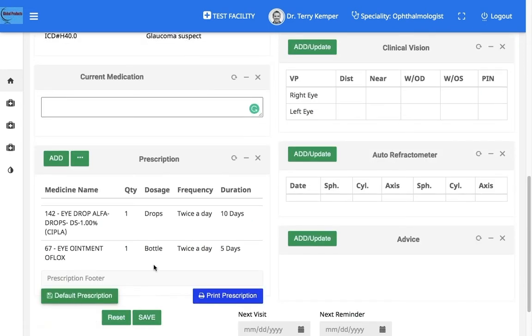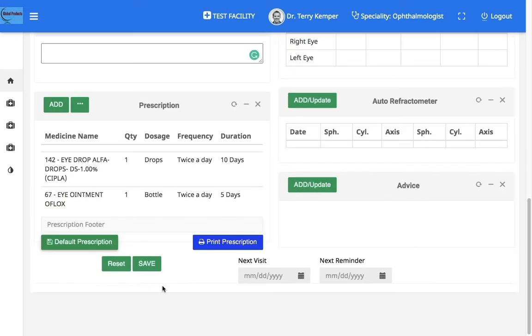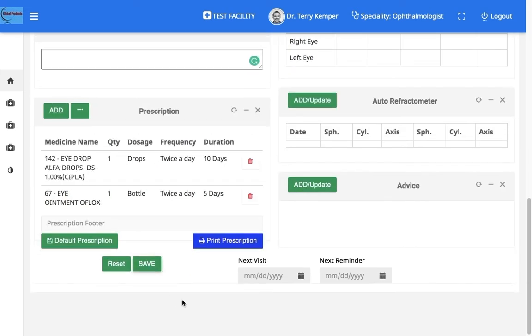So the next time any patient comes in and glaucoma suspect is selected, these drugs will show up by default. And then save. Once saved, if any change is needed or the drug is to be edited, the doctor can just delete this drug and add any other drug which he wants to.